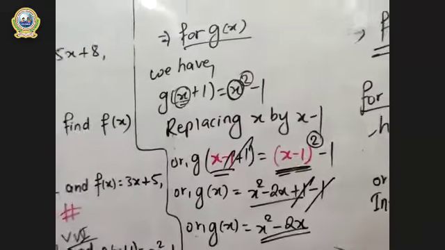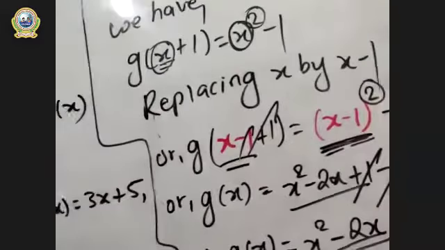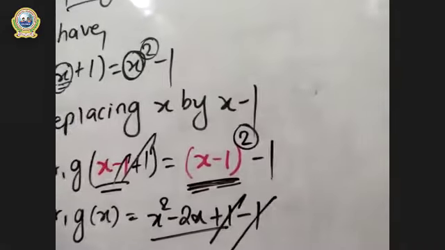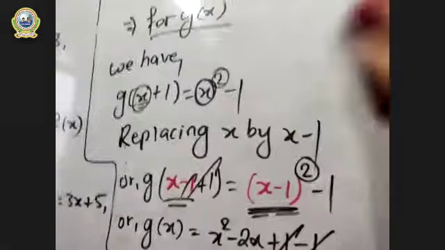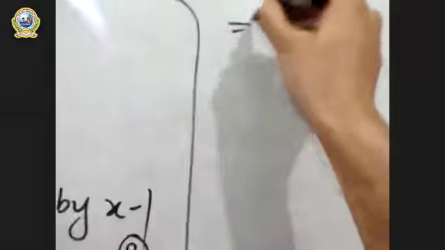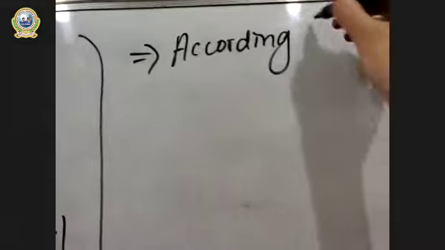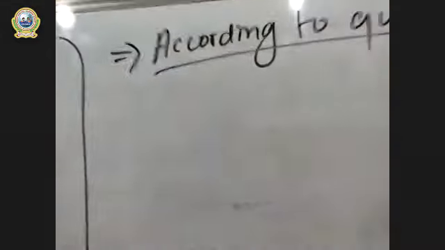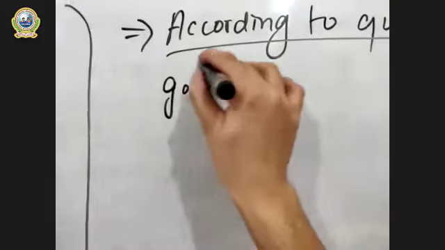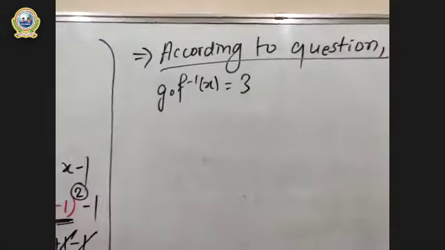So finally we will use our last given. So in next arrow, let me rub the board first. In next arrow, just a second, okay? This is very huge question and fantastic one. And use the last given we have in the arrow, or you can write according to question. According to question, we have z naught f inverse x is equal to 3, right? This is our last given.